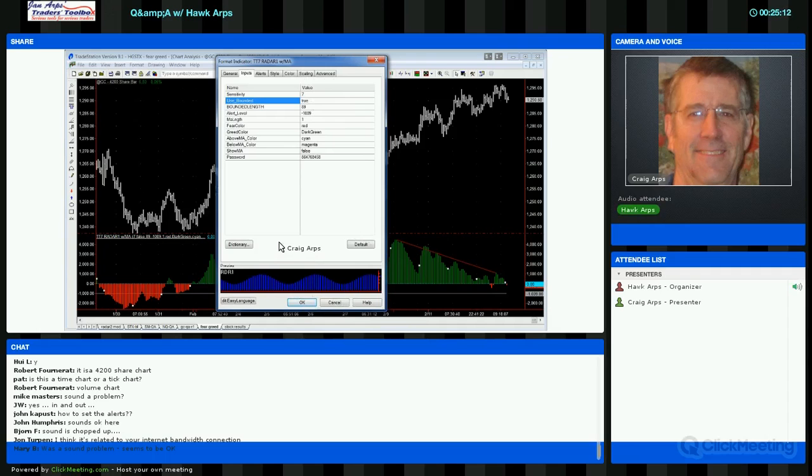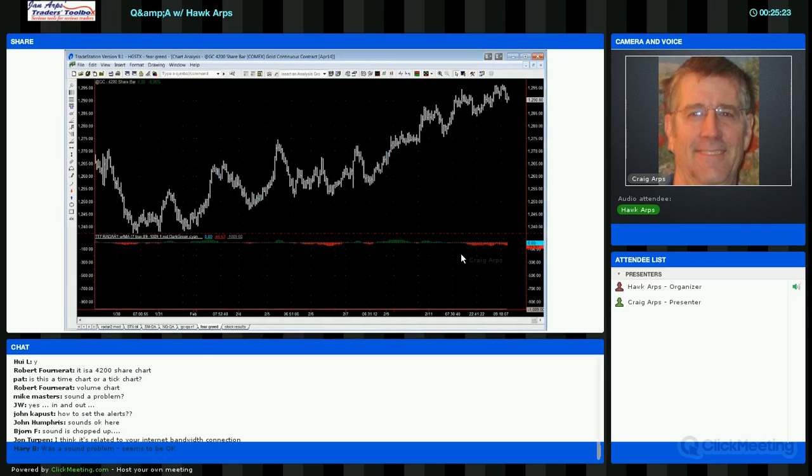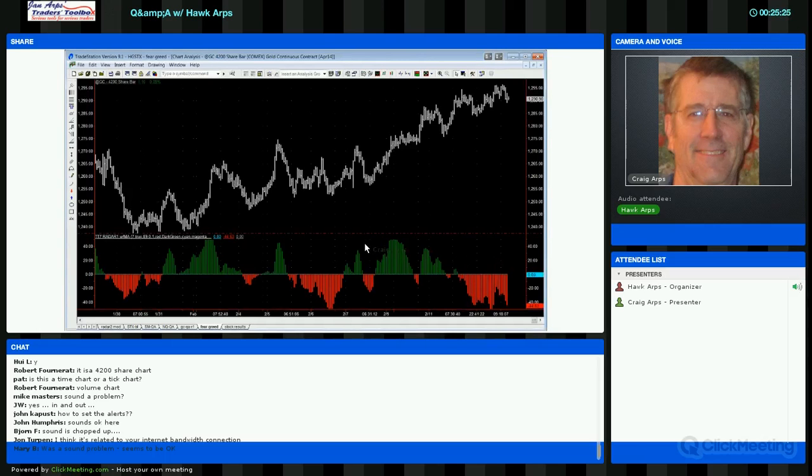well, I have low. Hang on a minute. I don't want to use the alert. Set the alert at 0. We'll set the range from 50 to negative 50, and it's showing us the relative strength of Radar1 over the